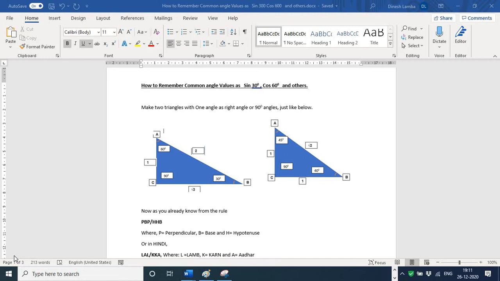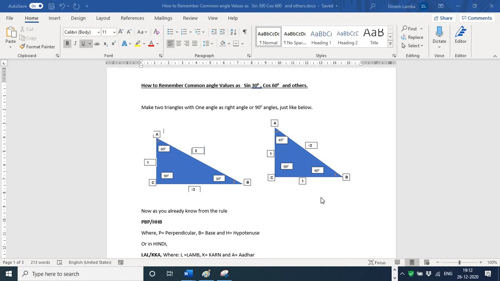Here I would like to share with you how you can remember the values for common angles in trigonometry, such as sin 30, cos 30, tan 30 and other common angle values. For this, first of all, let's make two right angle triangles. I have already made them; you can see in figure 1 for 30 degrees and 60 degrees, and the second figure